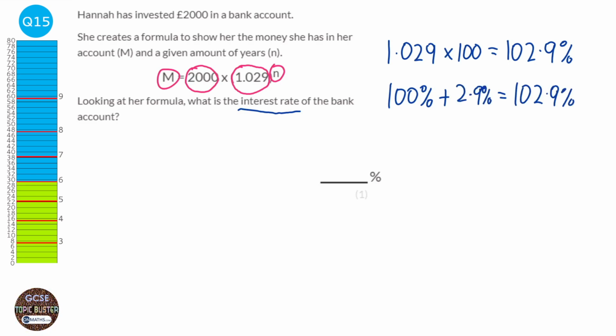So if I put £5 into my bank, I've got 100% of that £5, and then the interest rate is on top of that 100%. So our answer here will be